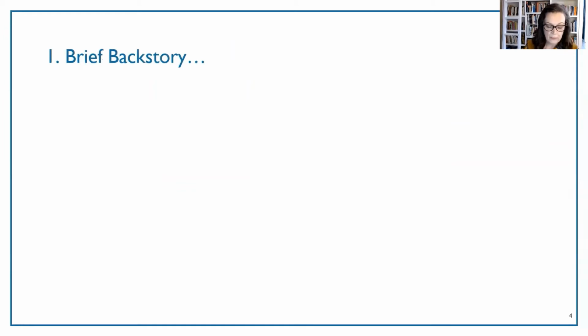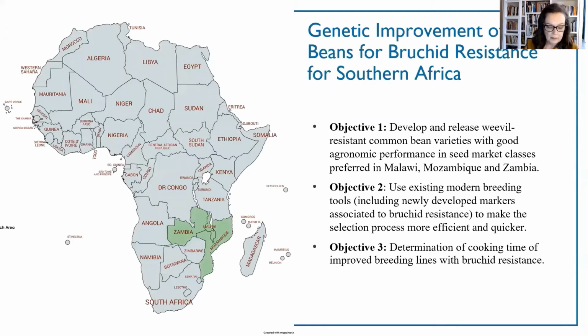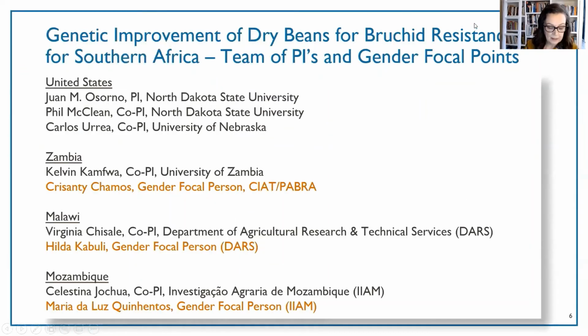First, a quick word on the background in this research project. This case features the work of the Legume Systems Innovation Lab commissioned activity designed for genetic improvement of dry beans for Bruchid resistance, most immediately in Malawi, Mozambique, and Zambia. Lacking the time to properly introduce each member of our research team, I would nevertheless like to highlight the role of Dr. Juan Osorno, lead PI in this initiative, who together with the co-PIs listed here in black font have each contributed